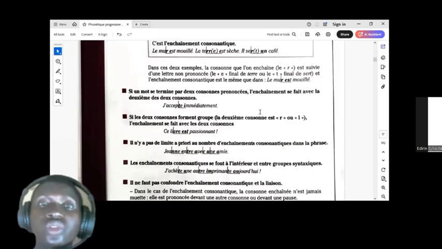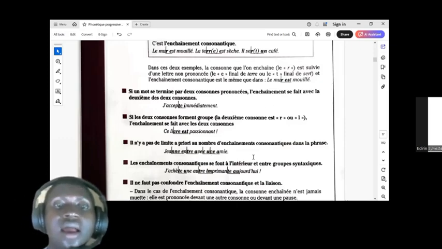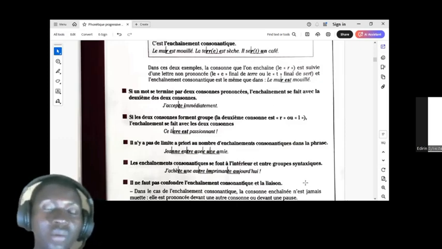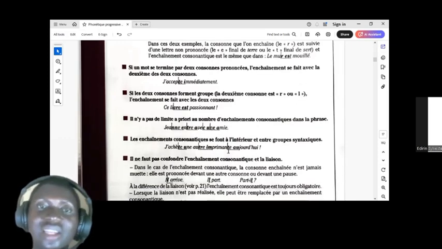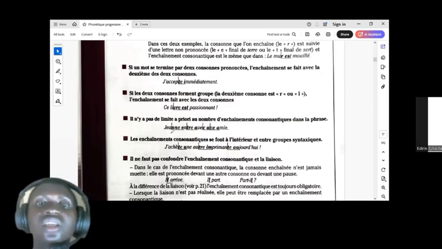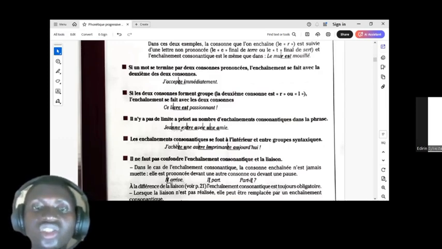So having established that, the next thing you want to take note of is the fact that il n'y a pas de limite, like the vowel. There's no limit as well. You can have as many as possible. Take, for example, the sentence, "j'entre avec un ami." So you see, the je entre, there's a link here, there's a link here, there's a link here, there's a link here. So links all about. We call it l'enchaînement conjonctif in that regard.